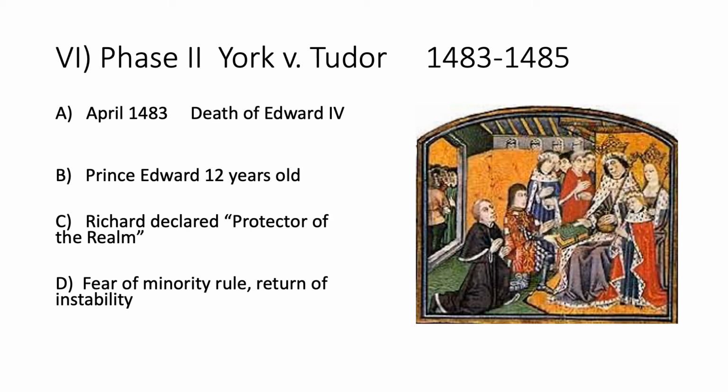He does have a son, Edward, who's 12, and so his younger brother, Richard, is declared by King Edward to be the protector of the realm. So to kind of organize everybody and consolidate the nobles behind young Prince Edward. But this is a lot of concern to a lot of nobles who remember the last time there was a minor as king and all the damage that resulted from the conflict amongst various nobles. So there's a lot of concern there for what's going to happen to young Prince Edward.